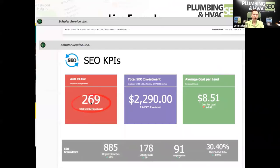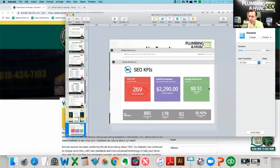When you apply it correctly, it can have a great impact on the lead flow that you get via the internet. So I've got a couple people that are volunteering. I think we can do like 1 or 2. So let's just pull up. And again, I have not looked at these sites. I don't know. Really, I want this more than anything else to be an opportunity for you to kind of